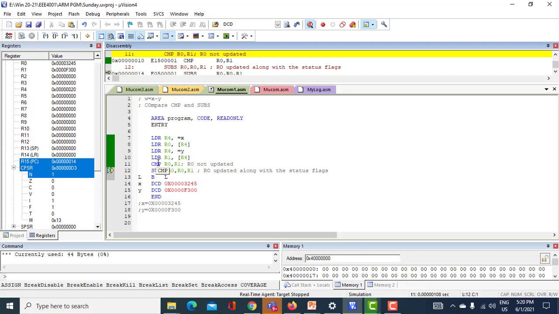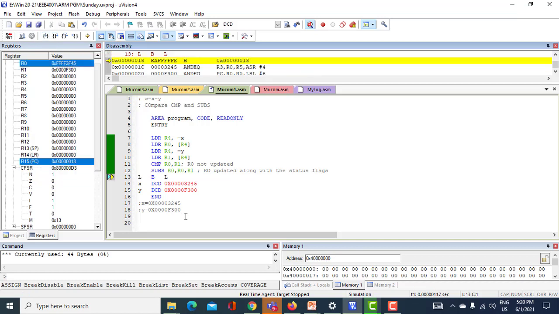If we want to retain the content, you need to go ahead with the compare. So next is you need to subtract. When you subtract R0 minus R1, the result is a negative number, so the most significant bits are all F. 3F45 is the result. See, N is also set to 1. In both of the results, N is set to 1.